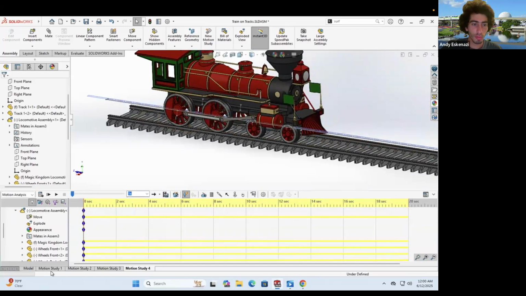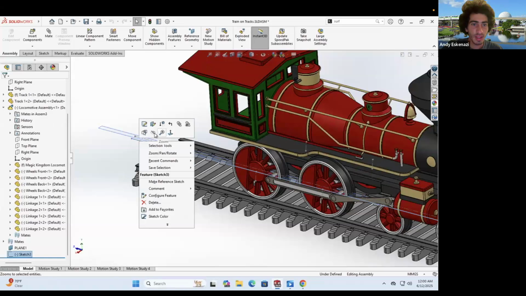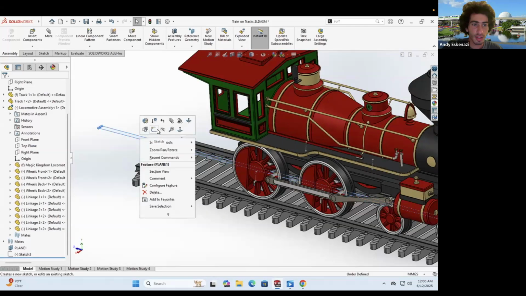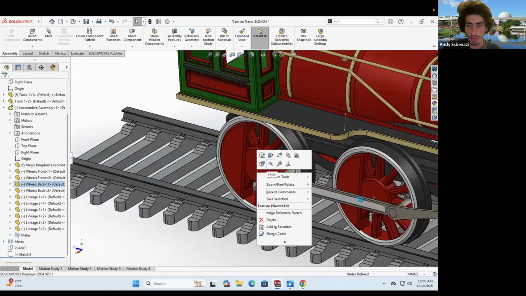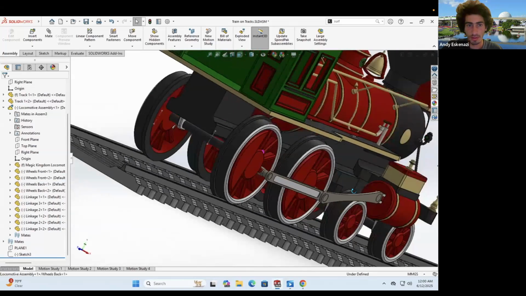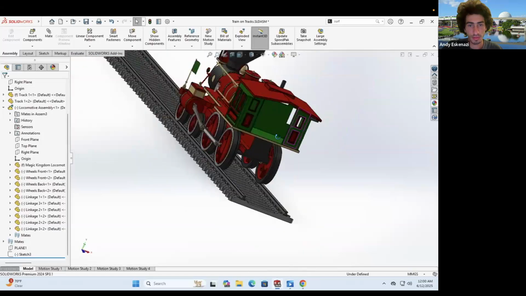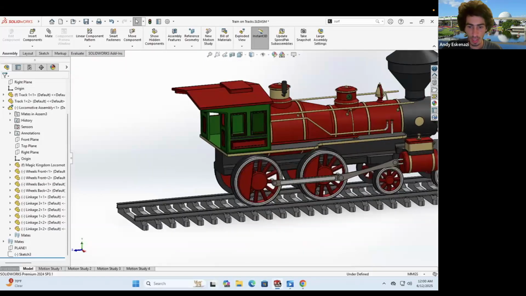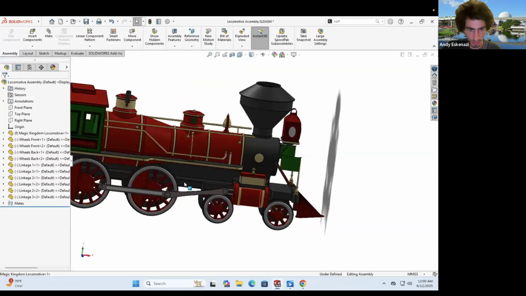So I go back here to the model. So I kind of do not need this. I'm just gonna get rid of that. Yeah, in fact, I do not even need those guys right there. There we go. Now I'll go back here to the locomotive assembly, and